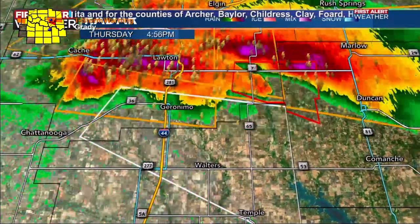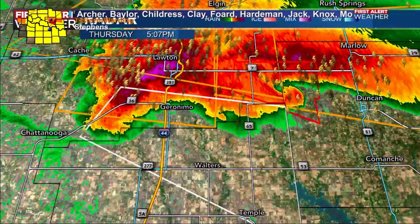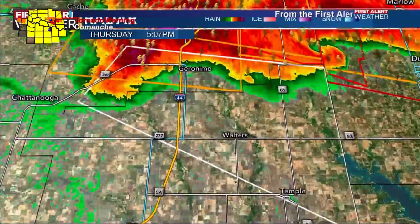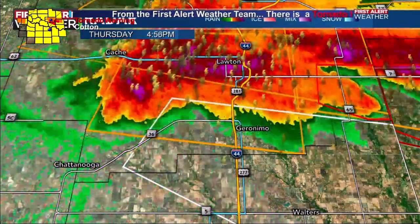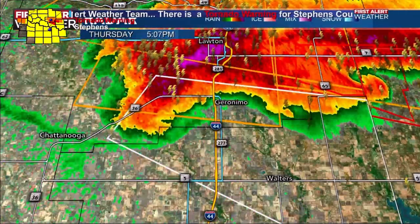All right, so there's two different areas of concern across Comanche County. One of them is in Geronimo. It is going to be including Walters. It is going to be including Temple. So folks in those areas, take your safety precautions, duck downstairs underneath something, center part of your home, and keep away from windows. This is a confirmed tornado on the ground